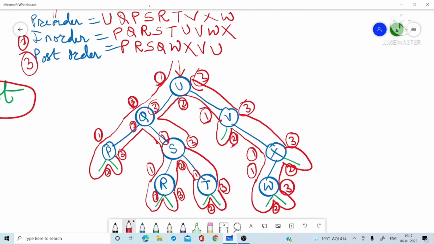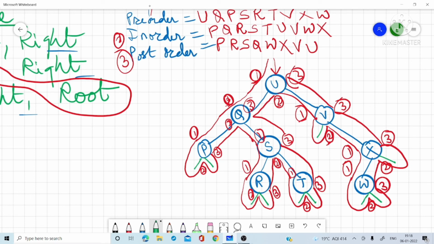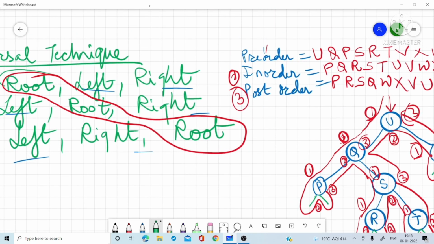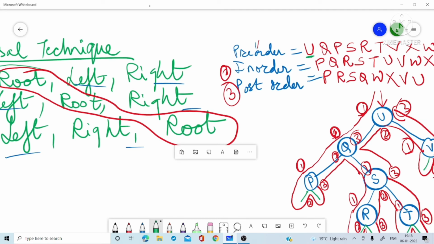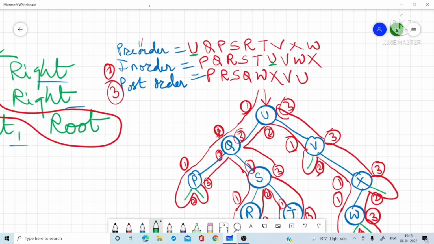Okay. This is how a tree traversal works. Any complex tree which is given to you, you can always rely on this concept. And if you want to observe carefully, what is the technique here? Root should be first. Here the root is first. Here I have written root should be in the center or in the middle. And here what I have written, left, right, and root should be at the last.